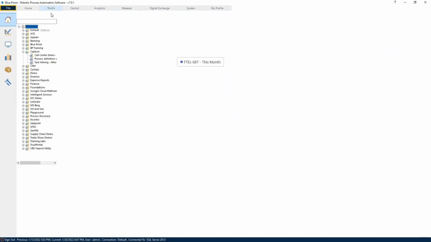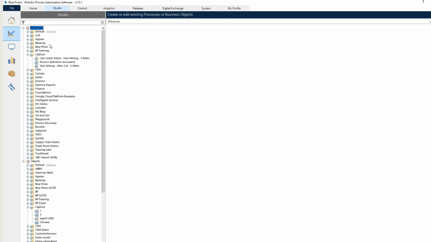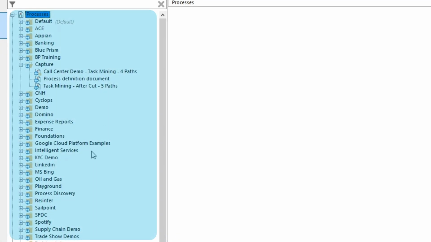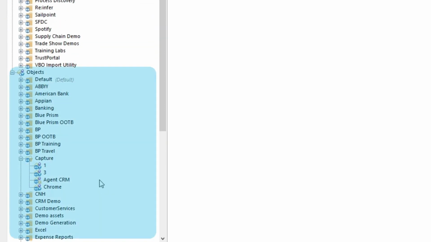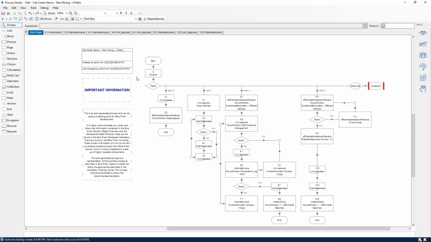Blue Prism automations are broken up into two categories: processes, which contain the business logic or what the digital worker is doing, and objects, which contain the application level logic or how the digital worker does it. Here we see the skeleton we imported from Blue Prism Capture. The no-code flowchart-based interface is designed to be easy to use, looking similar to Microsoft Visio so business users can